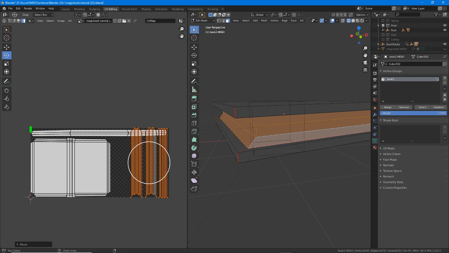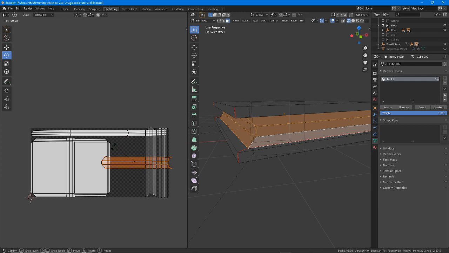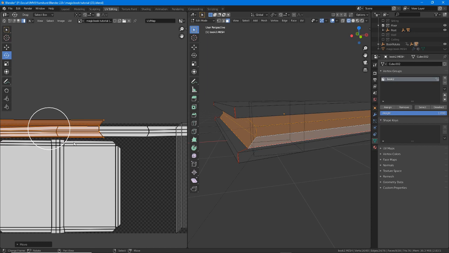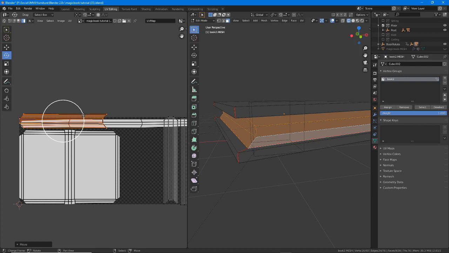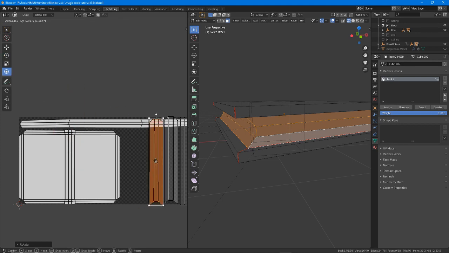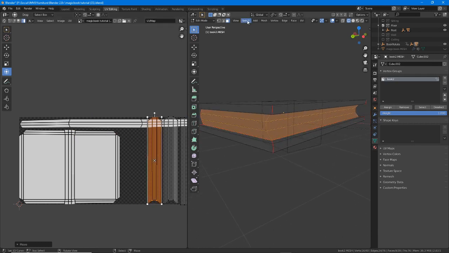So if we look at the original texture, so this section spread across the width of the image versus this, which is almost twice the size. So we're increasing the amount of texture space, the amount of texture pixels that are dedicated to these areas of the UV map, which would then mean if we inverted the selection,